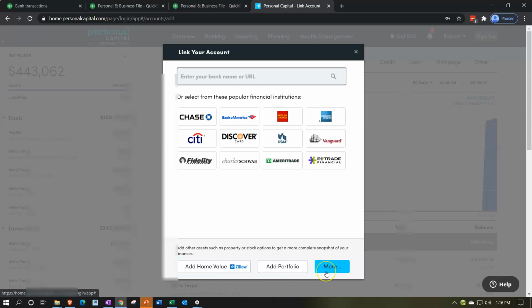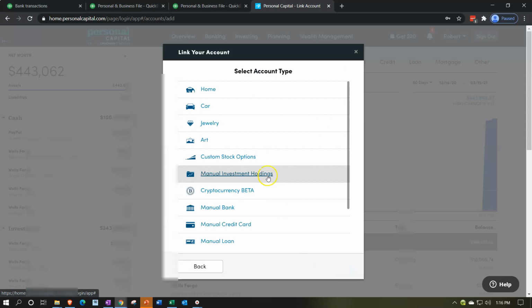And then you can also, and we might look at that a little bit later, go to the more information over here and add something like a car, which means you would basically be valuing the car. You might look up the Kelley Blue Book on the car, jewelry, art, stocks. These would be things that you couldn't pull directly from the financial institution, but things that you want included on your balance sheet so you can compile it together and think about your asset allocation, your liability allocation